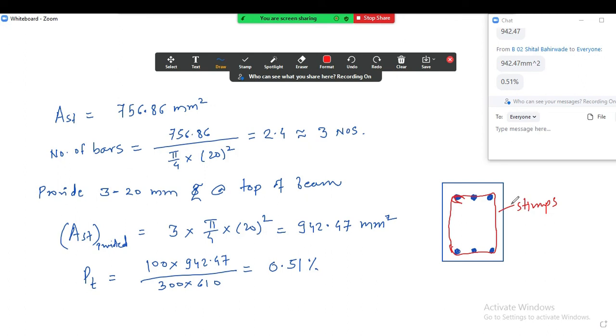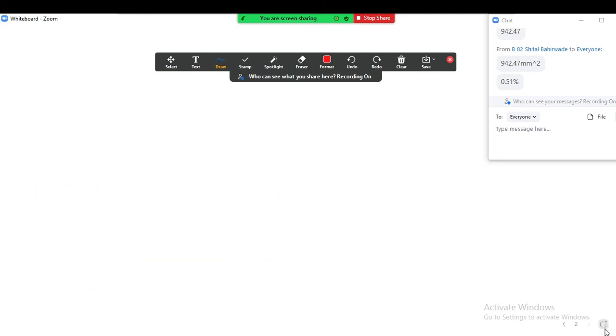But in the case of beams that is not the case, as you know that beams are subjected to high shear force. So that is why there is a need to provide the stirrups in the beam, and providing the stirrups in the beam comes under the heading of shear reinforcement. This is called as shear reinforcement. These stirrups are provided to resist the shear. Okay, so now we will move further. I will give the heading now, shear reinforcement.